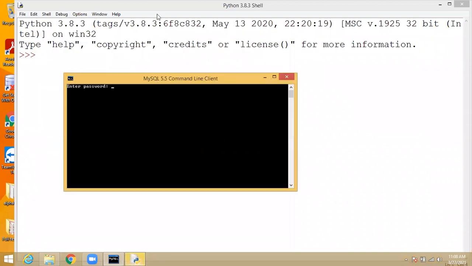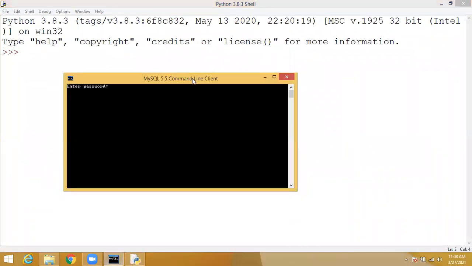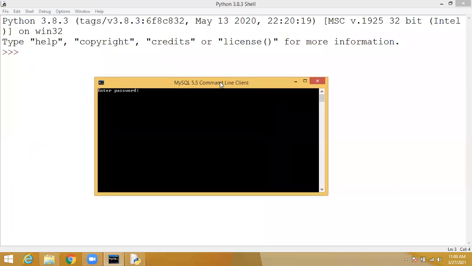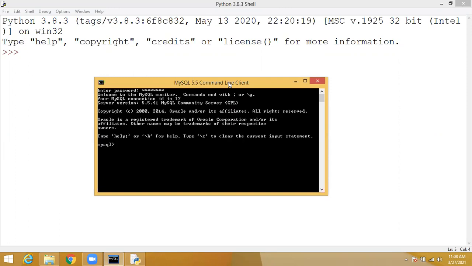Okay, so I have opened Python as well as MySQL. Today we will discuss the programs, how to connect MySQL with Python. First of all, you need some tables available in the database, and everything should be available in MySQL. So first we will see what is available in MySQL.